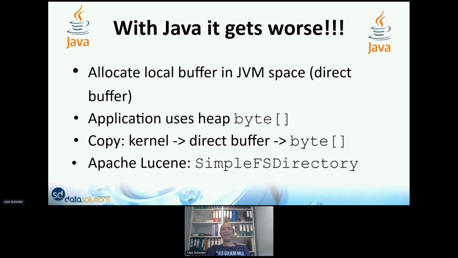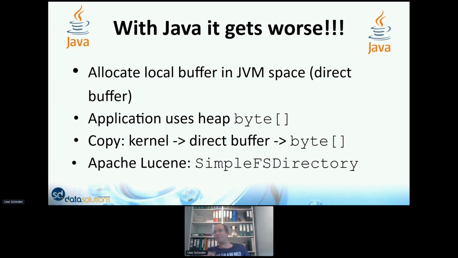The problem with seek, copy, and so on for Apache Lucene is that it gets worse when you are working with Java, like Lucene is doing. As said before, you have to allocate a buffer in your process, but in Java it's a little bit more because of the garbage collector. You need to allocate a local buffer in your heap, and that is where the application works on.